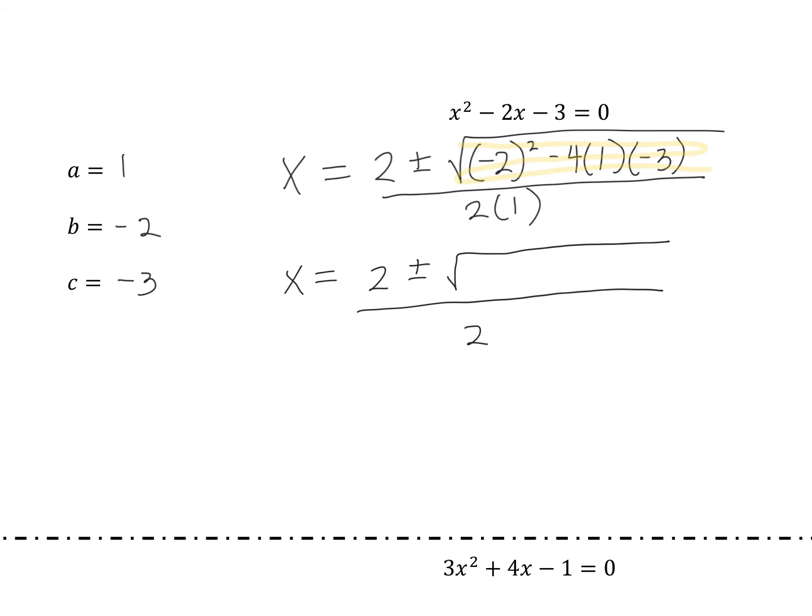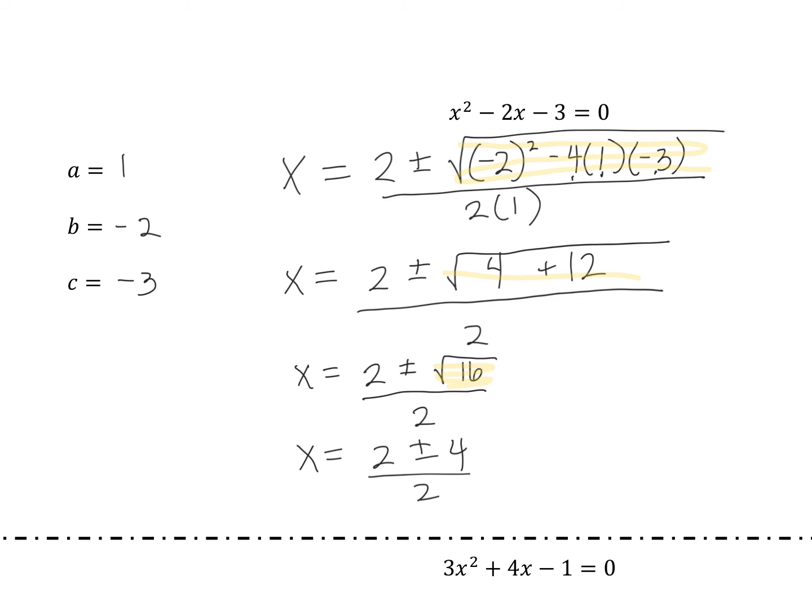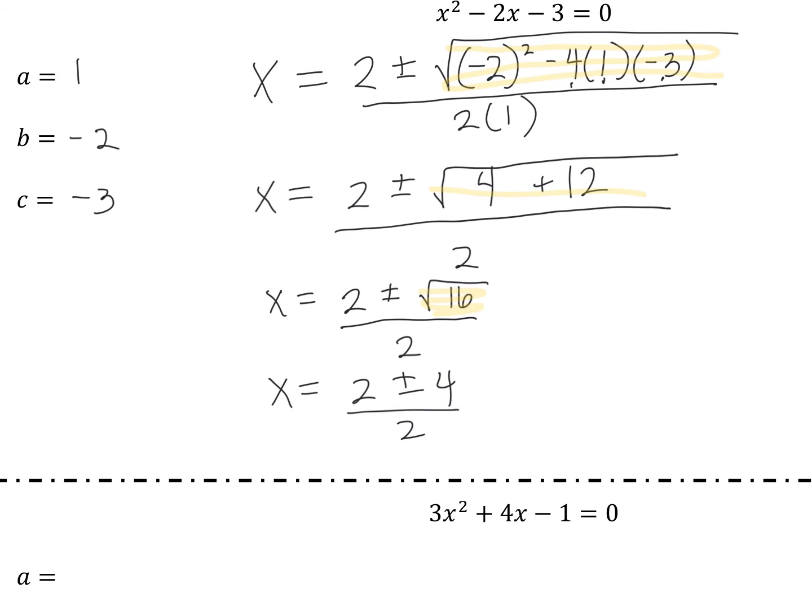Well, negative 2 squared is 4. Negative 4 times 1 is negative 4, times negative 3 is positive 12. And then now let's combine negative 4 and 12, which gives me 16. And we are lucky because 16 is a perfect square, and the square root of 16 is 4. So since this simplified without the radical, let's go ahead and break up this equation really into two different equations,